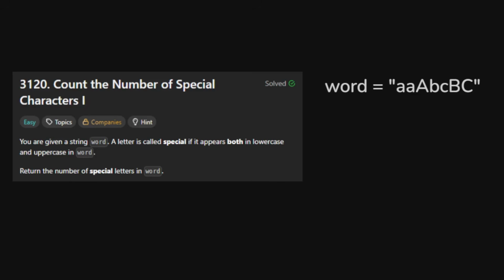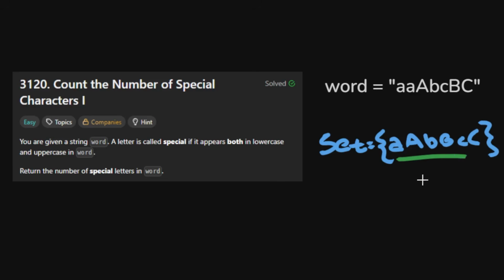The first observation here is that we don't care about the order. A letter is special if it appears both in lowercase and uppercase. So we could have lowercase before uppercase or the opposite, uppercase before lowercase. This means that we can put every character here into a set. By using a set, we avoid duplicate characters and we can do lookups in big O of 1 time complexity,